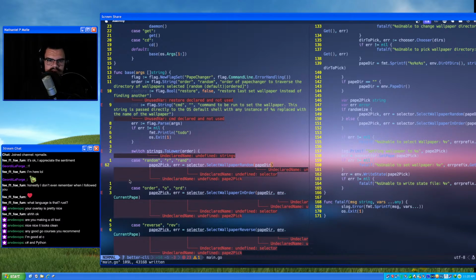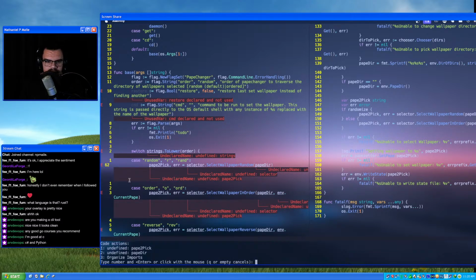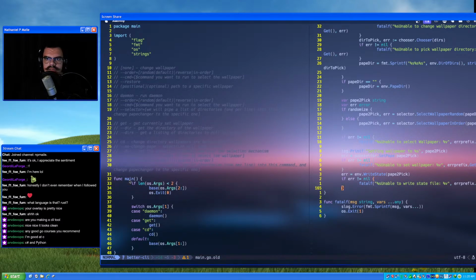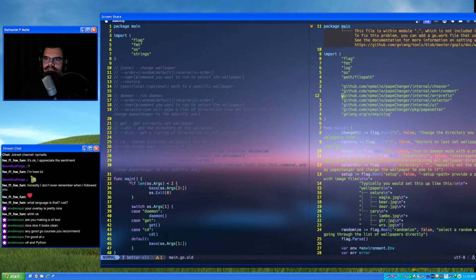Now selector is not defined, so what we'll do is, where's selector? We'll just paste that in here someplace.